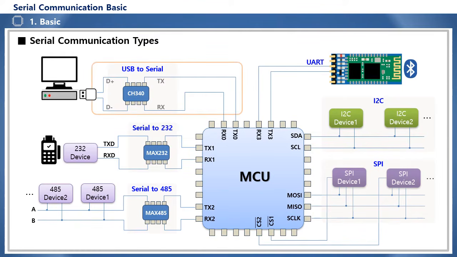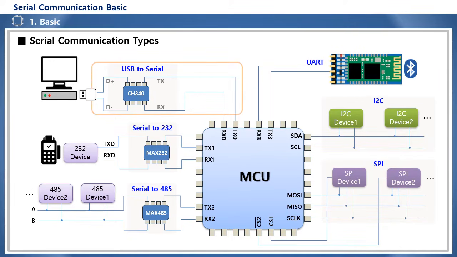USB to serial communication. Unlike the PCs of the past, most recent PCs do not have serial or parallel ports. Therefore, in order to communicate with the MCU of the embedded system, a USB to serial device or IC that converts the USB signal to serial must be applied. Therefore, dedicated ICs such as FT232, CP2102, and CH340, which are USB to serial conversion components, are applied to perform serial monitoring or firmware upgrades.